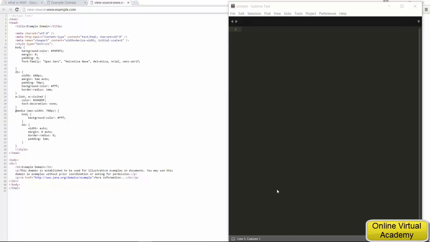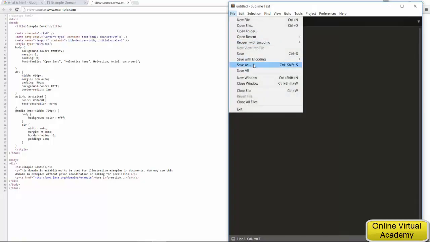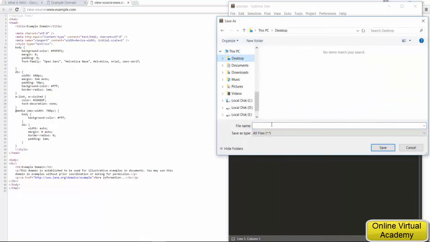In this lecture, I want to create a simple web page with HTML structure. I opened my text editor. My text editor is Sublime Text. Go to File, Save As, create a new folder, my website,